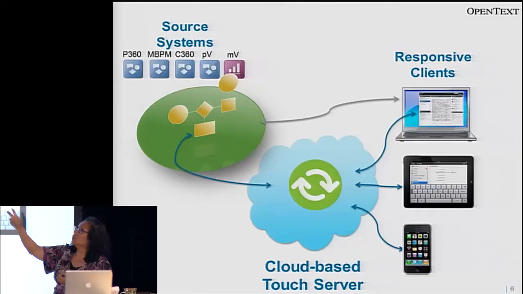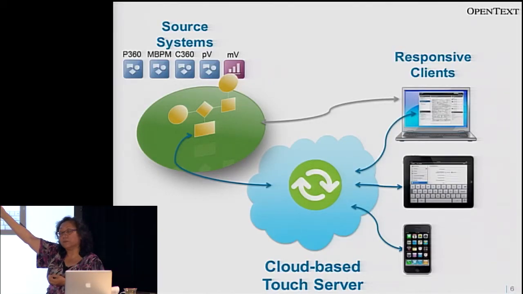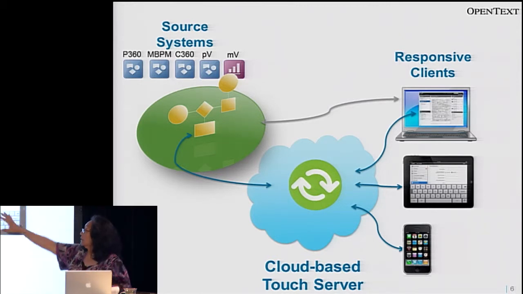Some of the things we can do as well, from that social and from that back-end environment, is ask someone out in the Touch world or out in the user community, please provide me some more information about this. Maybe take a piece of work, provide me some additional information about what's going on here. Also, on the other end, because I'm a manager who's always on, I need to approve something very quickly, maybe I can get that small piece of work from the back-end process and approve it while I am on the move. So these are things that help people's productivity.